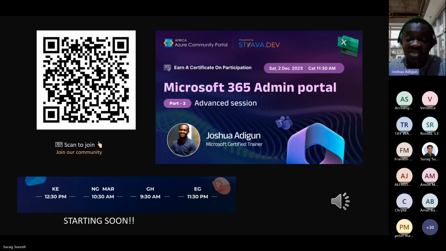But Microsoft has put everything in place to ensure that we are safeguarded against breaches. That's what we looked at, how to use multi-factor authentication: what you know, what you are, and